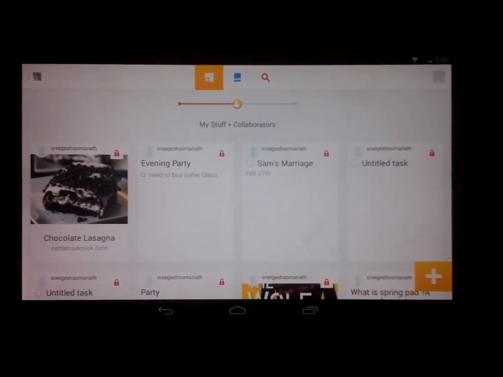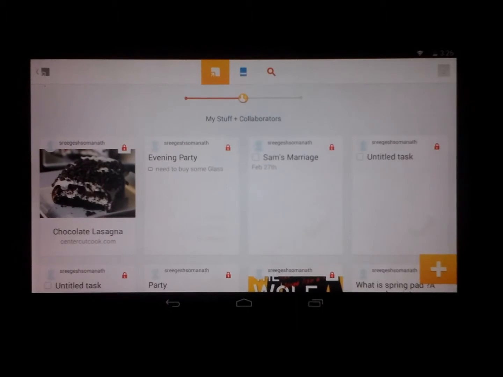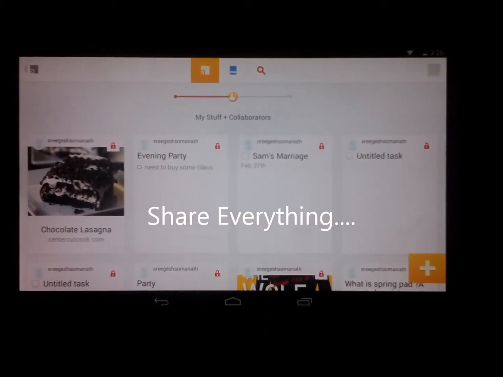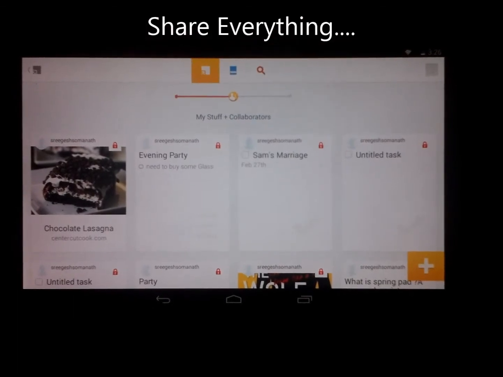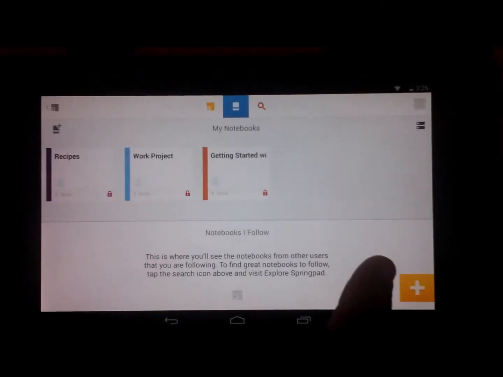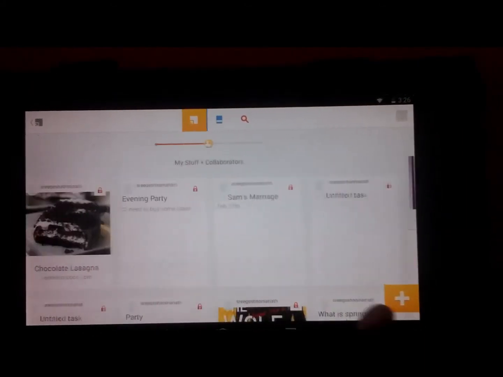SpringPad has its own advantages and disadvantages together. What is more important is that in SpringPad you could share everything, every note, every specific event or follow, easily with your collaborators. You could easily get through the free interfaces they have provided right now. That is from what I have saved.